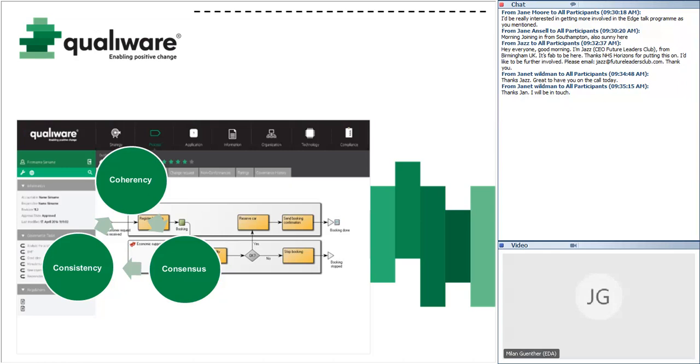I'm from Qualiware, a Denmark-based software company and consulting company. According to Gartner, we are what is called a leader in the Magic Quadrant for enterprise architecture tools. So we deliver a platform for enterprise architecture, but really we see the scope wider than enterprise architecture, because some people say it's a very specialized discipline. So we work with general management systems, we work with digital transformation, we work with governance, risk, and compliance. These days we do a lot in GDPR, because everyone in Europe needs to work with that, so there are some market opportunities we see. Our basic idea is highlighted here in the slides with the 3 C's, we call them: